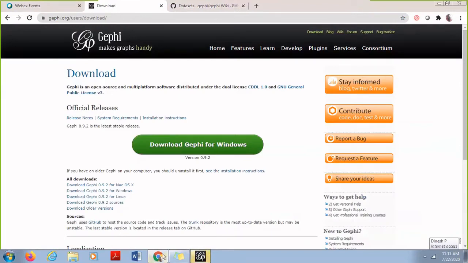So let's say I want to search for how to download Gephi. Are you able to see this browser window, Monali? Yes, ma'am. Yes. So if you browse in Google for Gephi download, you will go to this gephi.org page from where you can